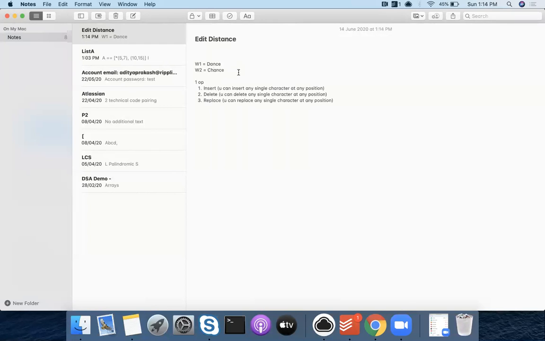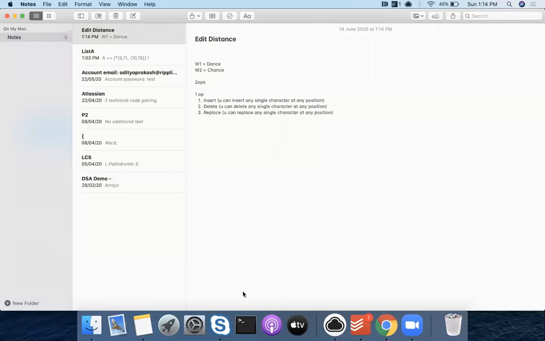So the answer will be 2. You just need to return 2. In 2 operations, I can convert dance to chance or chance to dance. A good thing is that if chance is word 1 and dance is word 2, it's the same. So you don't need to worry about the order of occurrence. The least number of operations remains the same. The problem statement is clear to everyone.